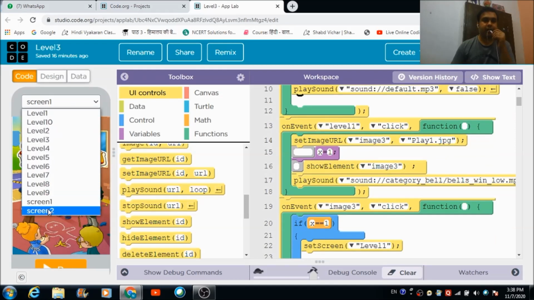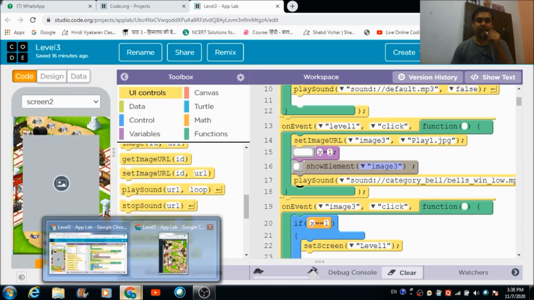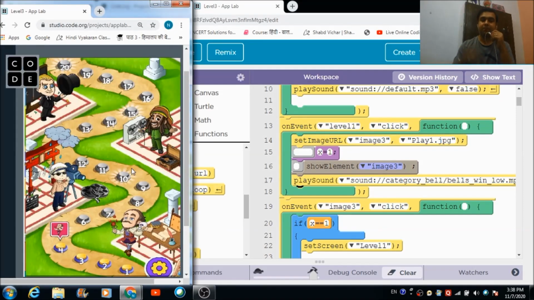And here on screen 2, I have got some levels defined. As you can see, it is level 1, level 2, this one is level 3, this one is level 4, and so on. When the user hits level 1, this image 3 which you are seeing right now on the mobile simulator is going to be visible to the user. This is the code that I have made use of. Initially it will not be visible to the user. See, this is how screen 2 is going to appear. Image 3 will not be visible to the user initially.